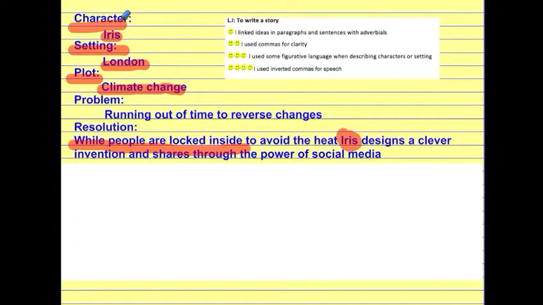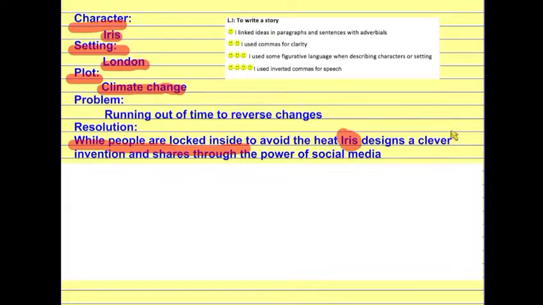So you've got all the work you did last week. You thought a little bit more about your problem and resolution, what's going to happen, and today you're going to start writing a story. And you are just going to write your introduction, build-up, and the start of your problem today. The start of your problem. Not the entire problem, not the resolution. You're going to write for an hour, and in that time you should get character and setting description done as part of your build-up. You should start to talk about the plot, and you should start to lead up to